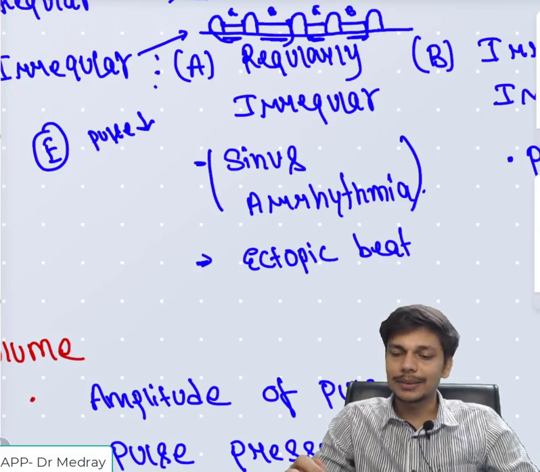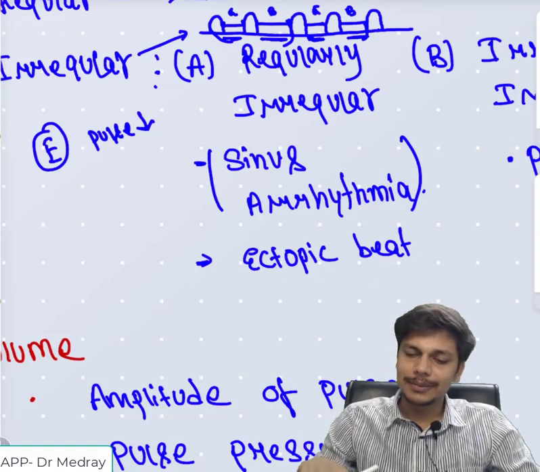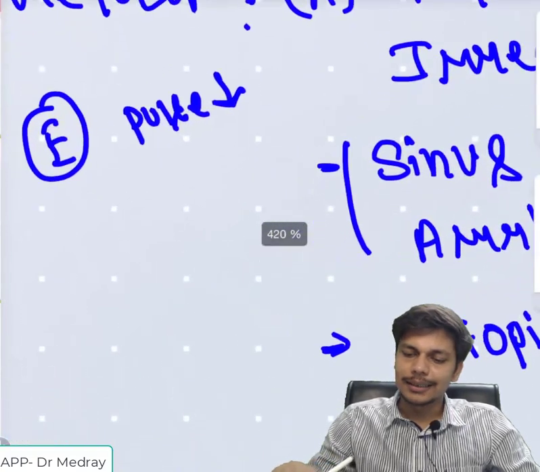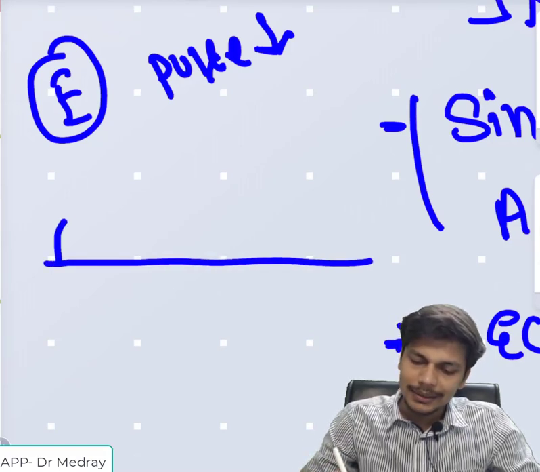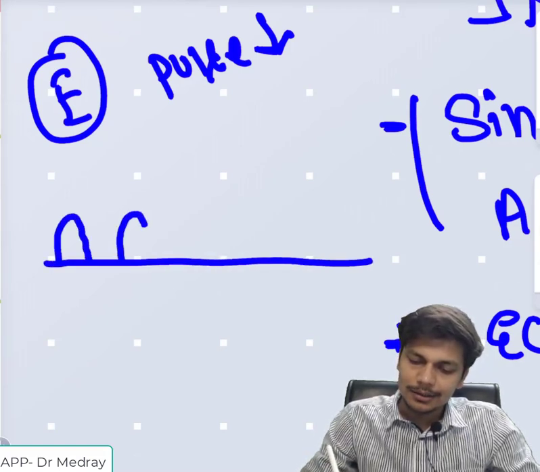So in a normal individual, this sinus arrhythmia can occur in a young adult. That is because of activation of the baroreceptor, which means that during expiration the pulse rate decreases. So the rhythm will be regularly irregular. It will be a regularly irregular rhythm, which means that the patient will have a heart rate of,